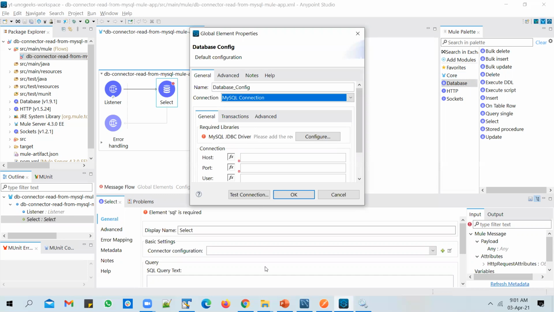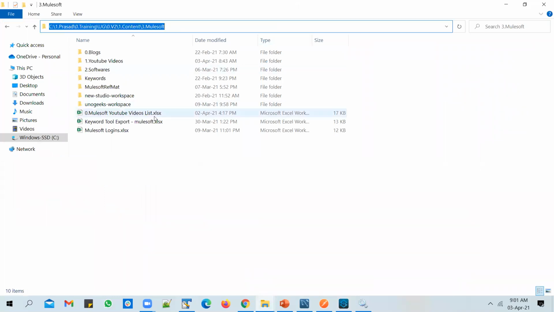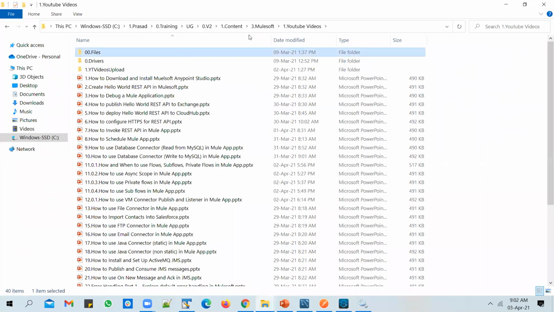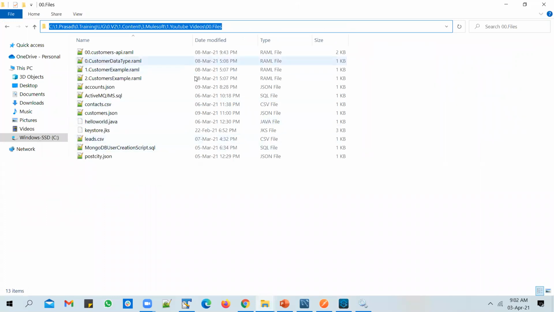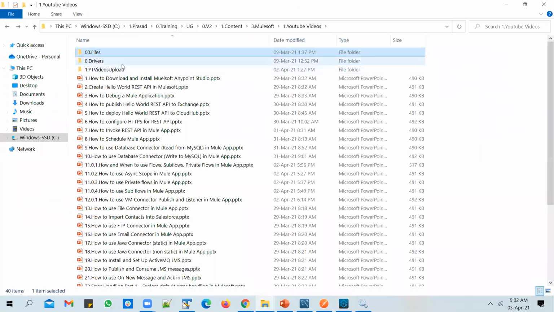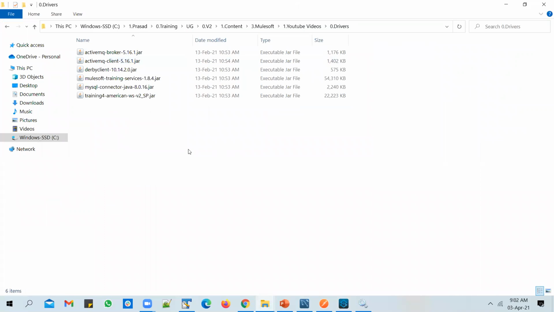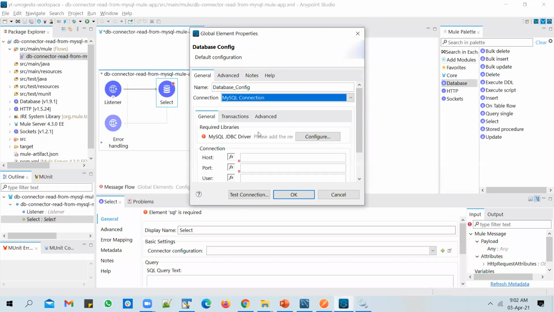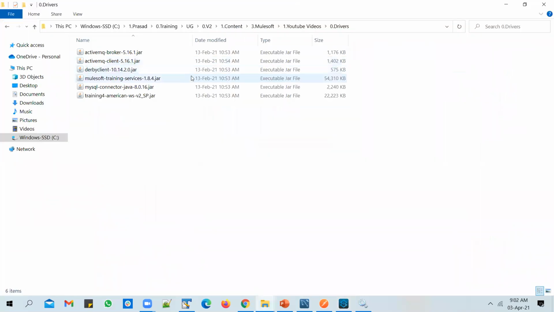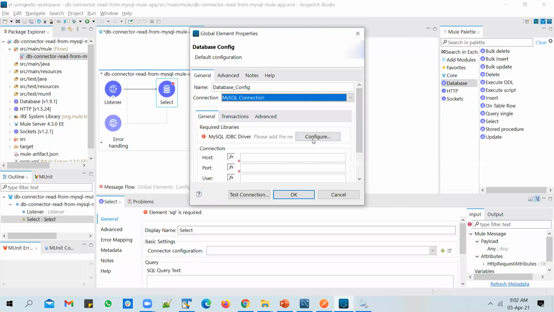And you need to configure the driver. So what I'll do is I will go ahead and use the local driver that I have downloaded. If you don't have the driver on your machine, you can go ahead and configure it, select the version from Maven, and a dependency gets added and the driver gets installed.